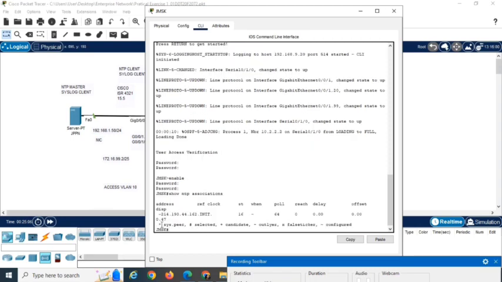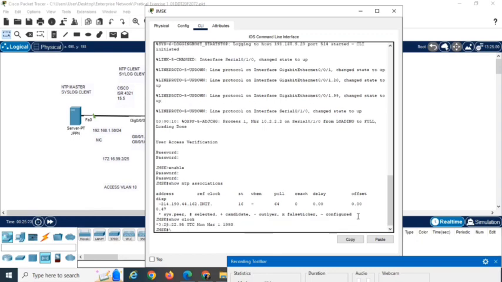Okay, the address will be displayed. Reference clock ST16, when, poll 64, reach 0, delay is 0.00, offset is 0.00. So JMSK, then type the command show clock. Okay, here it will display Monday, March 1, 1993. So I change it with set clock. Oh, sorry, clock set